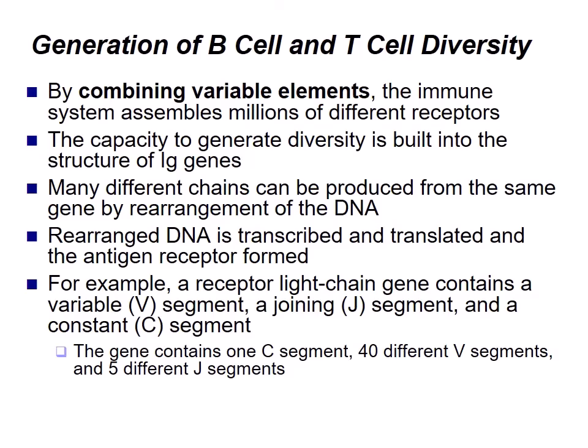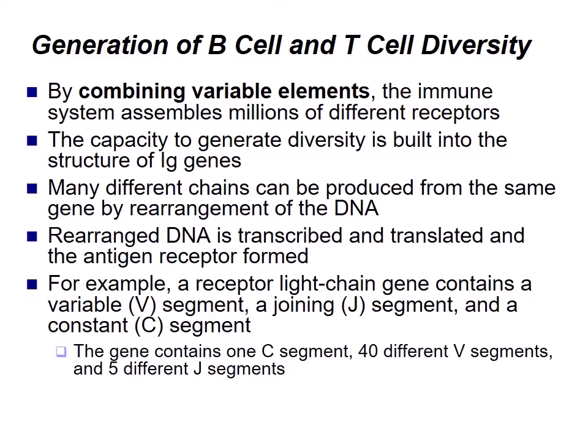So you can have a receptor light chain gene that contains a variable segment and a joining segment and a constant segment. Obviously the constant segment is going to be the same, but then the gene has this one same constant segment and then 40 different V segments and 5 different J segments. So you can kind of shuffle the V and J segments around and get a whole bunch of different kinds